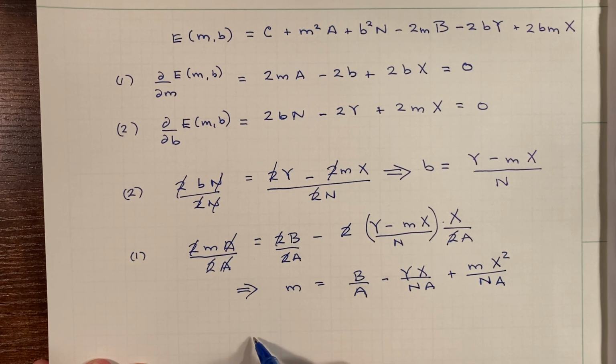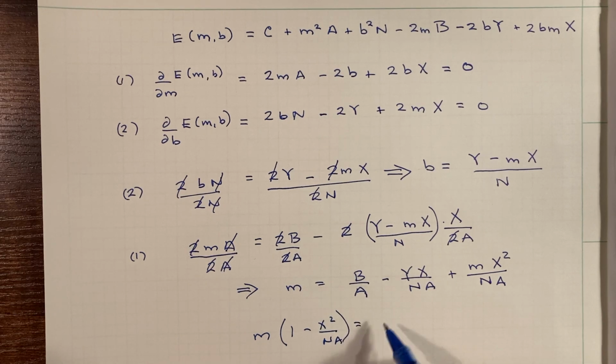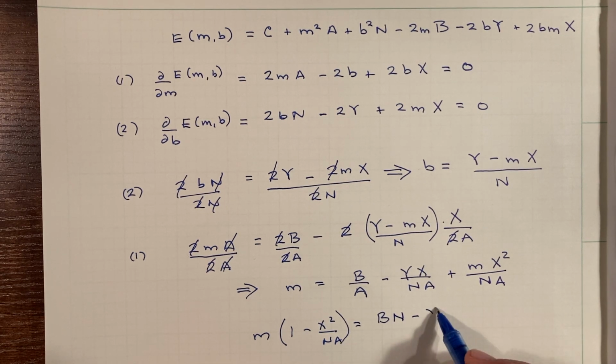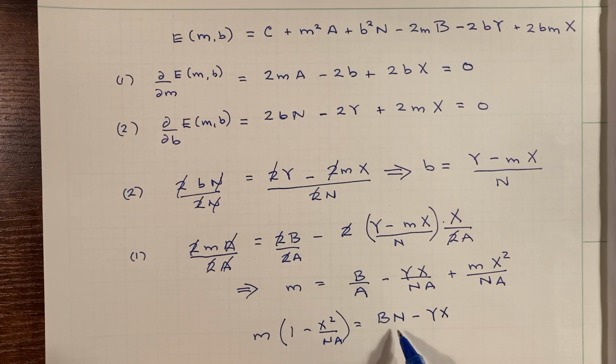Now we go ahead and isolate m in another step here. 1 minus x squared over na is equal to bn minus yx over na, which implies that m,